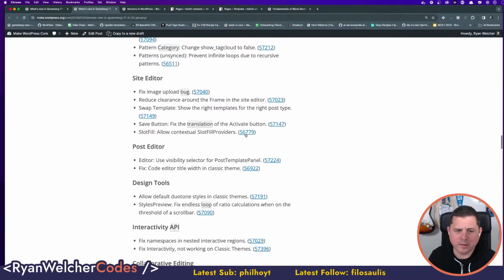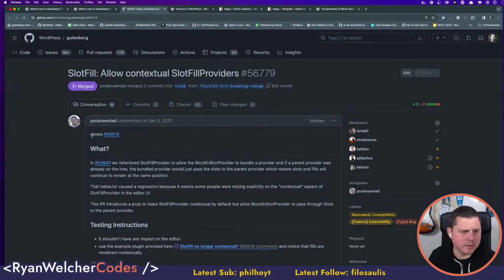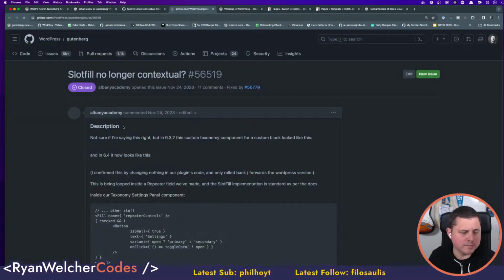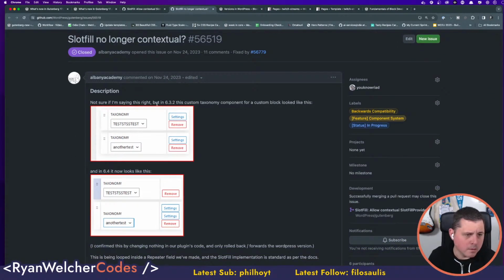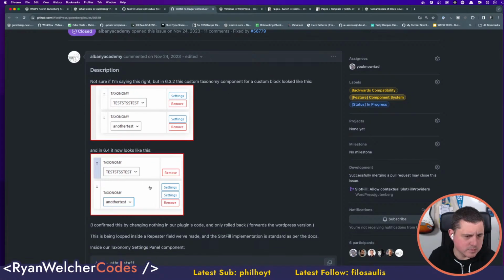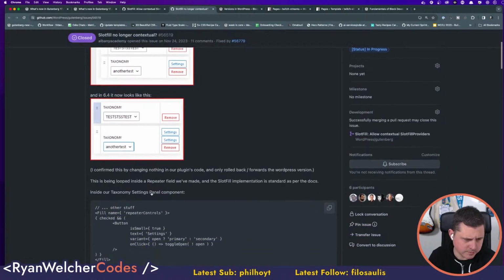Are you familiar with that one, Aki? Let me look at that then. Let's look at the screenshot. 6 point customization for custom block like this. Look at this.